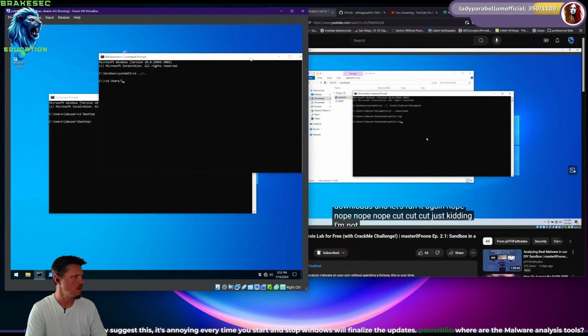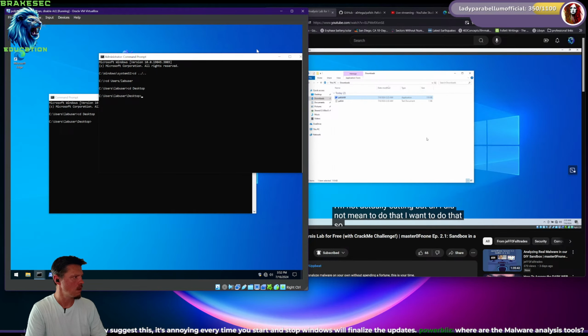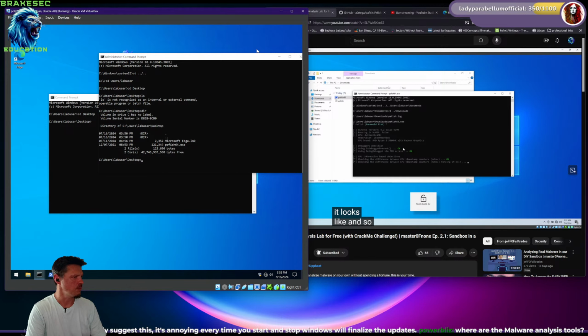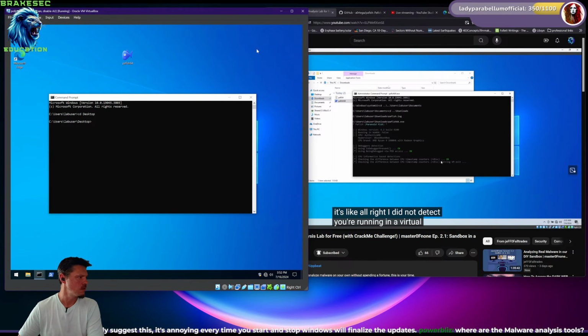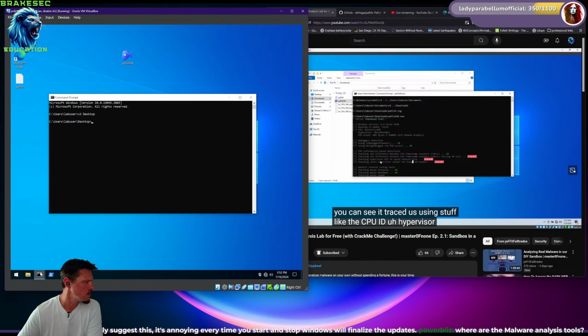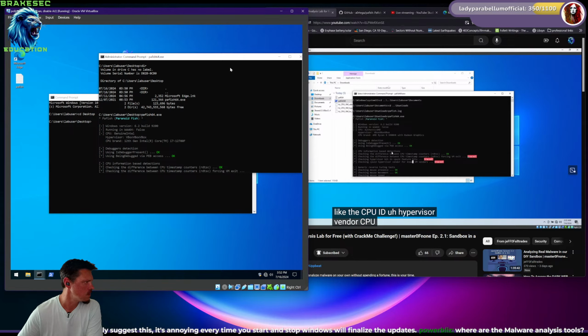Cut. Just kidding. I'm not actually cutting, but I did not mean to do that. So it's going to run in the background, it looks like. If you get these green OKs, it's like, all right, I did not detect you running in a virtual machine, but you can see it traced us using stuff like the CPU ID, hypervisor vendor, CPU timestamp